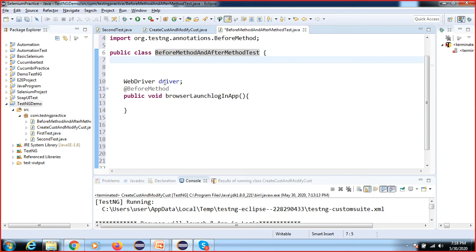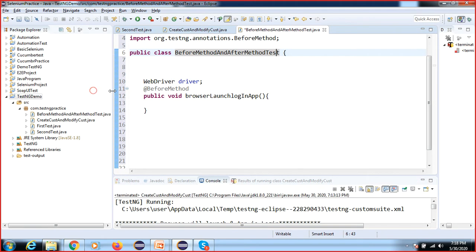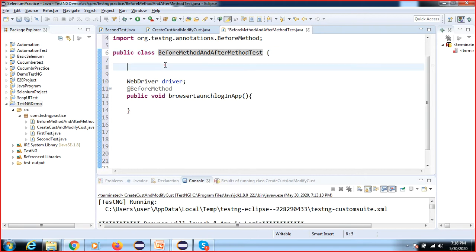See, in real time, when you are creating a project, as per the project we can write this name. So if others need to check where my page object model class is in my project, page object model is one type of concept in Selenium.